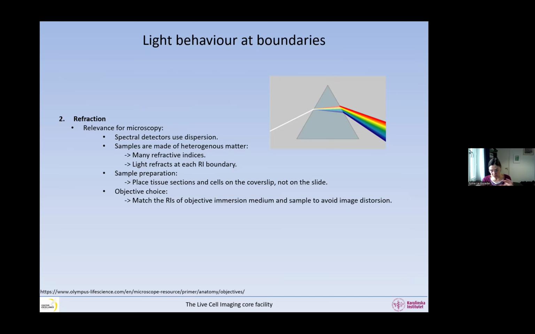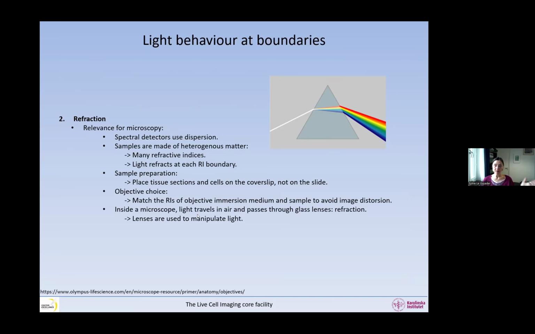And then you're going to go through the cover slip, and then maybe through your mounting medium, or you're going to reach directly your sample if the sample is on the cover slip, etc. And so normally we want to try and have as few refraction index interfaces as possible. So it has an influence on our sample preparation, on the choice of objective, and also inside the microscope, light